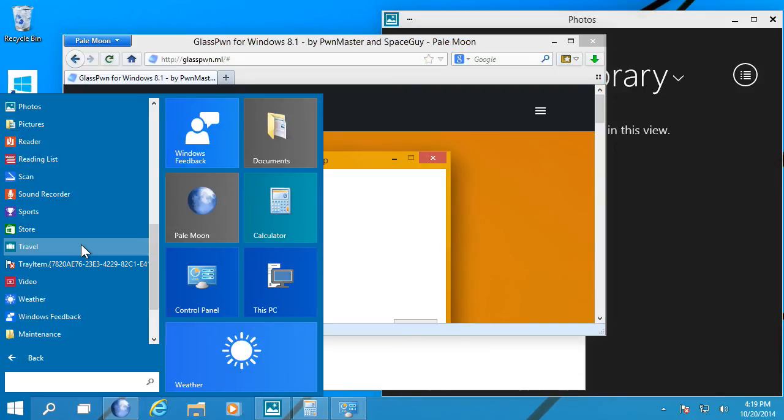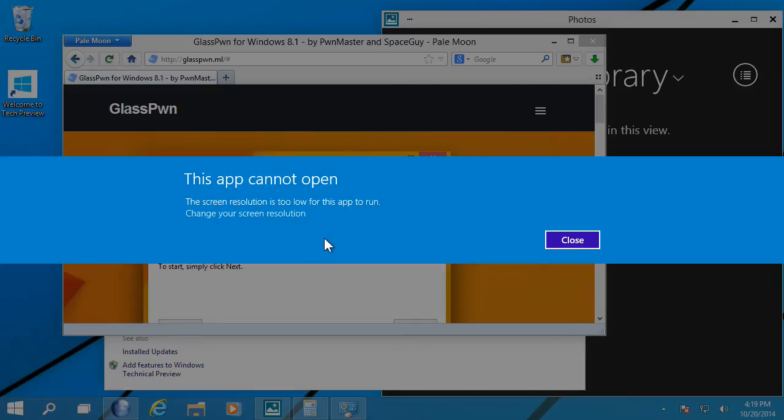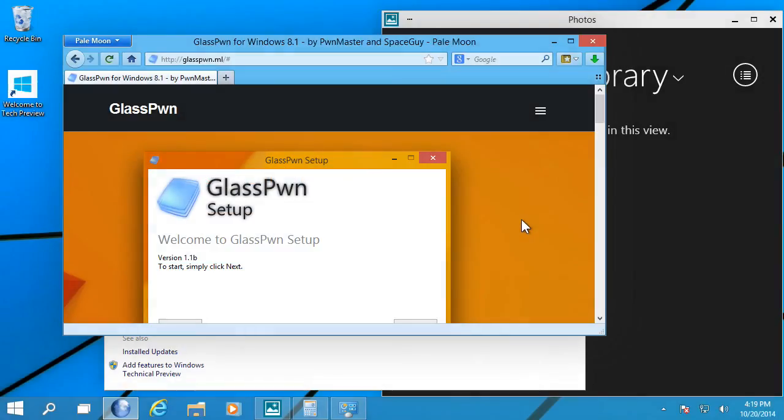Other features that are still annoying as ever include this little gem here. This app cannot open because your screen resolution is too low. Now, I've set this virtual machine to 1280 by 720 resolution so that it'll fit perfectly when I edit the video and display it in 720p. But it wants a minimum height of 768. Now, my monitor is taller than 768, but like I said, I have it scaled down so that it'll be easier to record. And as a result, it won't even let me open half of this stuff,